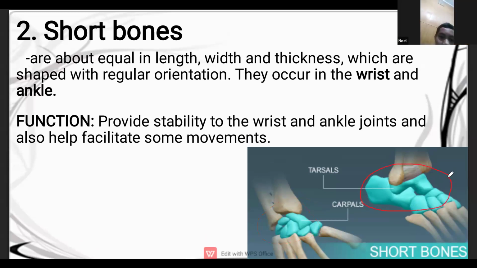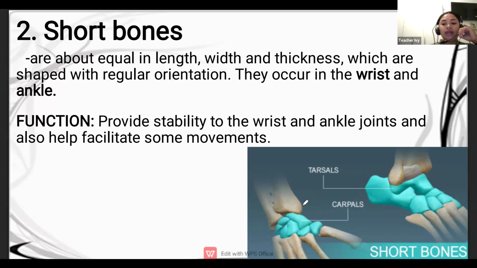The carpals are at the wrist and the tarsals are at the foot. All right, very good. That's very specific. Correct. So good job. So it is true that the carpals are found in our wrist. So basically, they are found in the hand, and the tarsals are found in the foot. So these two differ in their location.